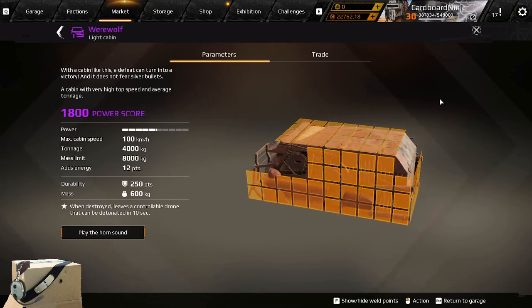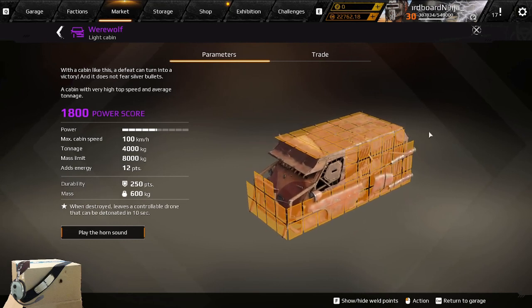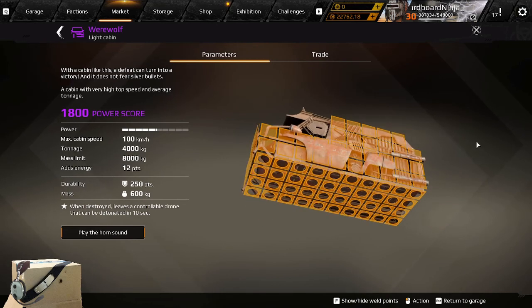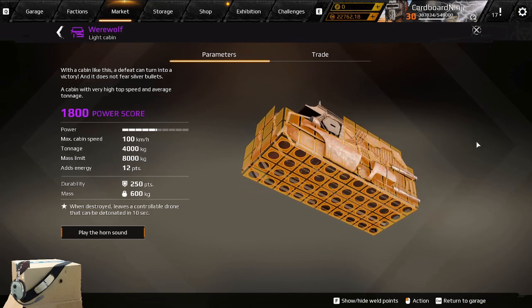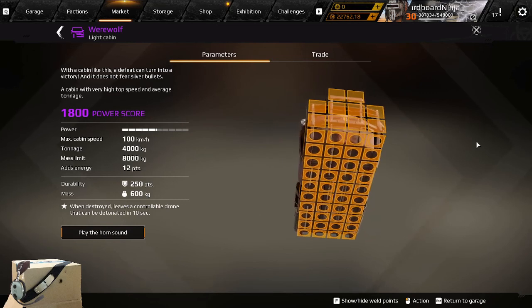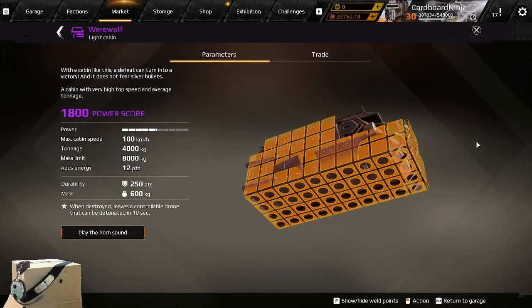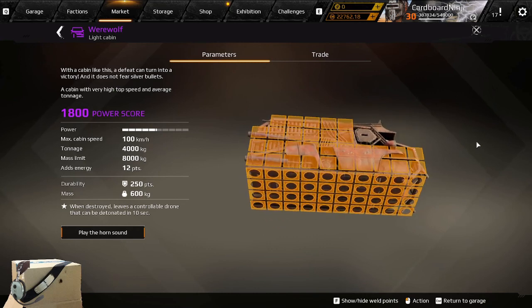The Werewolf's perk only kicks in after you die. It leaves a pilotable fuse drone in the place that you died. The drone itself has been made invulnerable to all damage for 1 second after it spawns and has approximately 150 hit points. The drone lasts 10 seconds and you can detonate it with the left mouse button on the PC for about 450 damage. The Werewolf is dead average for a light cab,